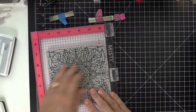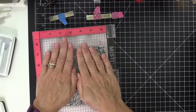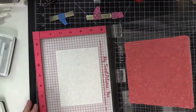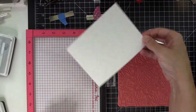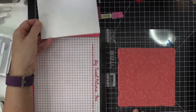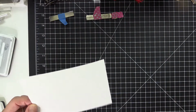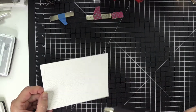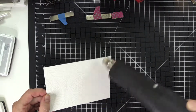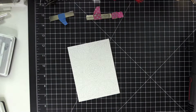But anyway, this is how I work with the larger stamps. Sometimes I cut a piece of paper that's wider so I can have the magnets in different places. In this case, I didn't have a wider piece of paper and I was being lazy. At the same time, I have two rather silly, crafty friends texting me and distracting me. So I'm heat drying this. Now, I usually don't have to do this with a dye ink, but what I'm going to do is stamp the y'all on there